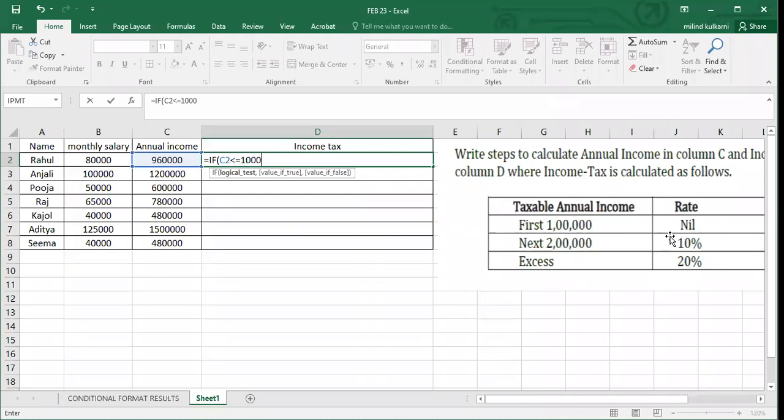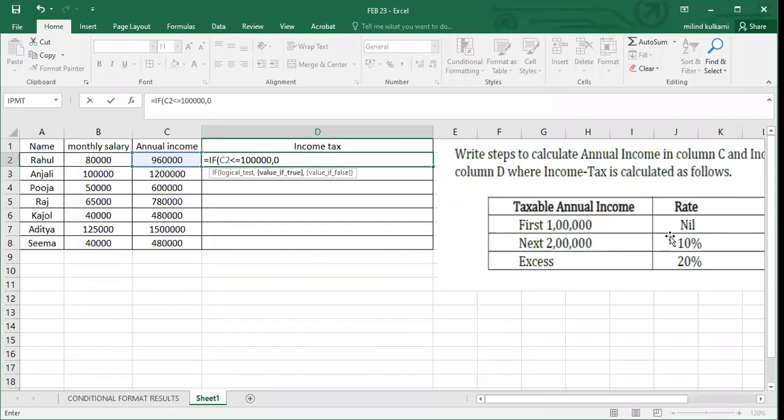I will write 1 lakh, then comma. What is the income tax? Nil, 0. So I will type 0. Can I type 0 in double quotation marks?